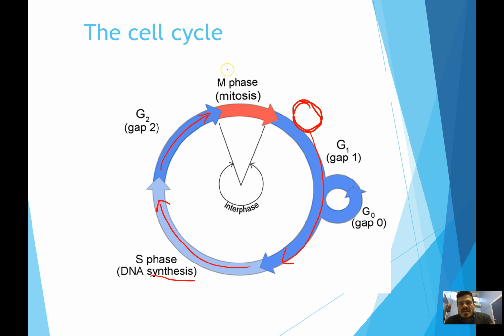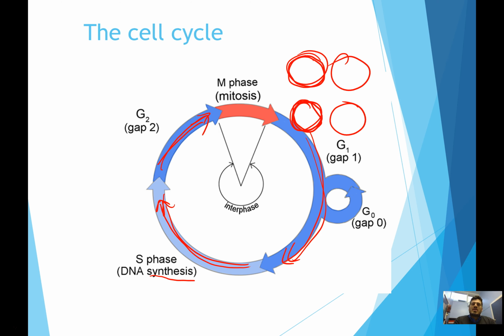And in mitosis, what's going to happen? We're going to have an extra perfectly identical daughter cell. All right, so we're going to go from 1 mother cell to 2 identical daughter cells. And then that process is going to cycle through again. All right, and once it's gotten back, each of these cells will have produced 2 identical daughter cells. And if it goes through again, each of those will produce 2 identical daughter cells, and so on and so